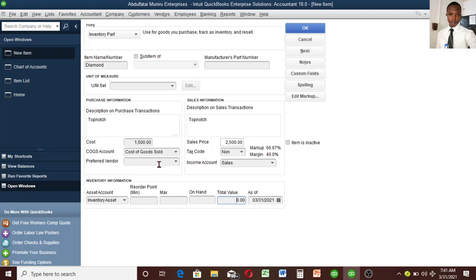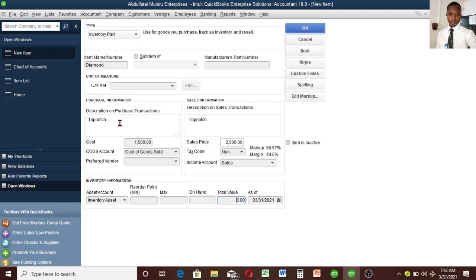You understand? The 15 will come up when you buy it. You go to the cost of goods sold account, and the vendor that you buy from, if you prefer. If you don't, leave that. That is that. Now this description also, you can include a description that the manufacturer or the vendor you are